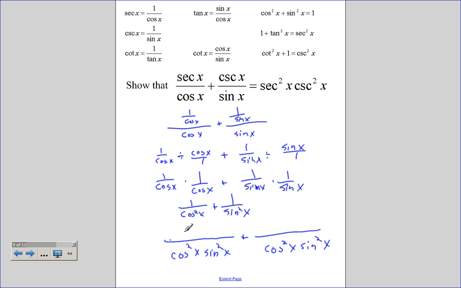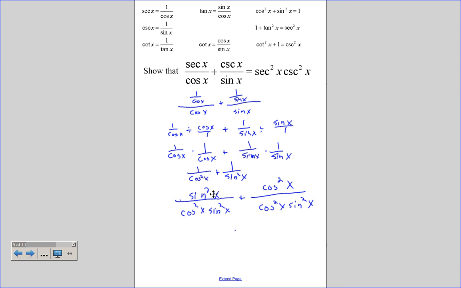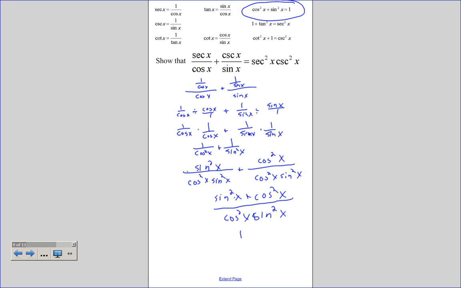So I would have to multiply this side by sine squared x, this side by cosine squared x, and when we combine them, we have sine squared x plus cosine squared x all over cosine squared x sine squared x. Now hopefully everyone's shouting that sine squared x plus cosine squared x is equal to 1. You would be correct, so that would be 1 over cosine squared x sine squared x,